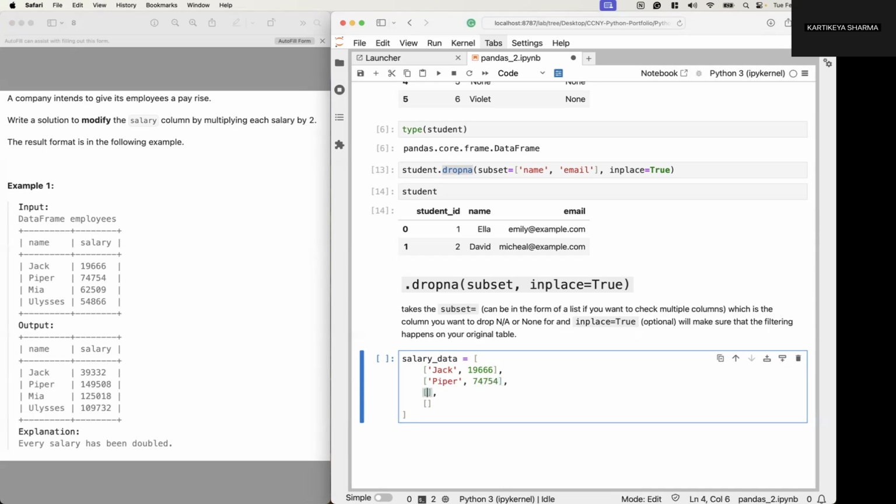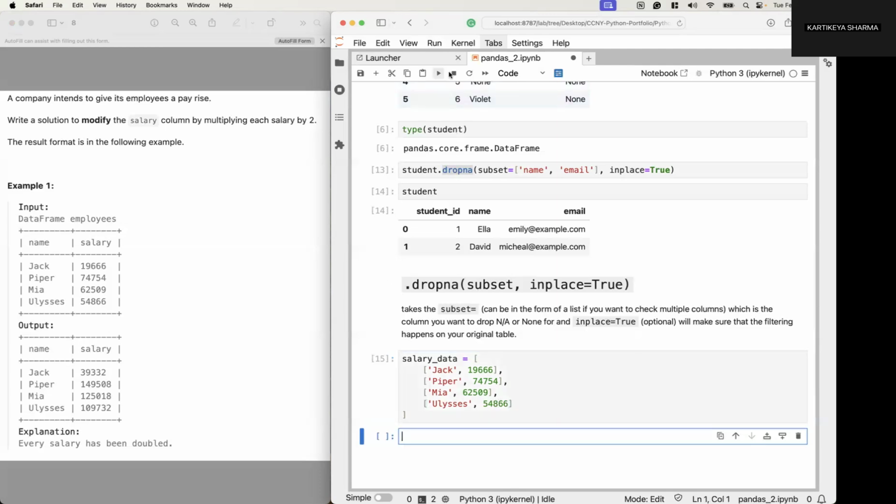The second is called Piper, and the value is 74,754. The third is called Mia, and their value is 62,509. And our last employee is called Ulysses, with a salary of 54,866. So I'll run this cell,